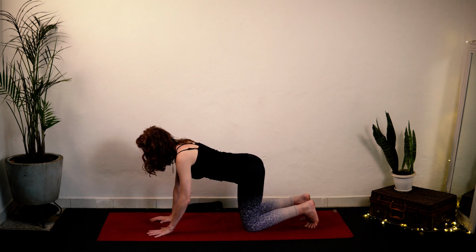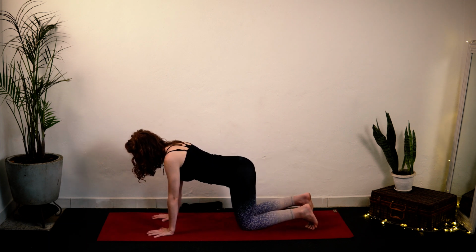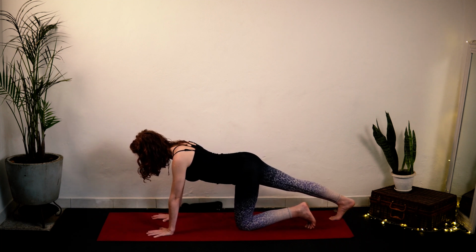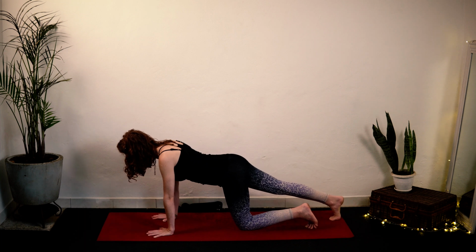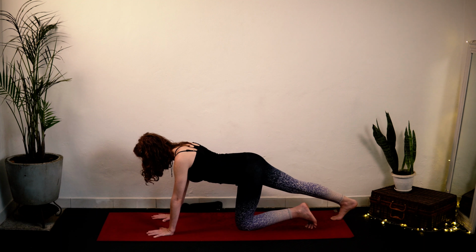Together we'll all release the pose now. Hands will come back to the mat. Together now, we're going to take that right leg behind us, planting the toes into the mat, and exhale, shift your hips back. Inhale, rolling forward, and exhale, shifting your weight back into that heel a bit, deepening the stretch